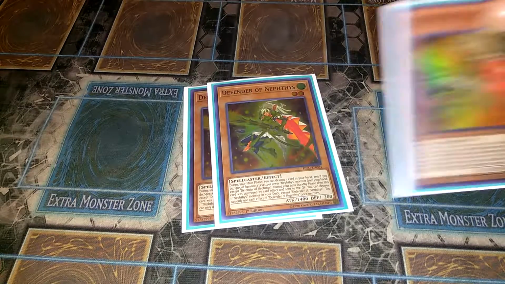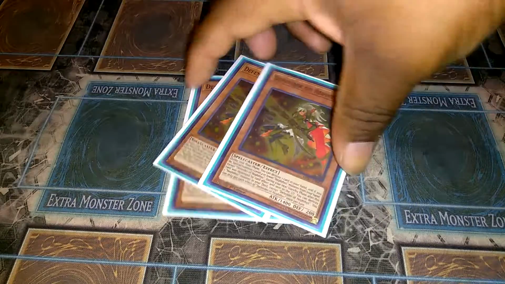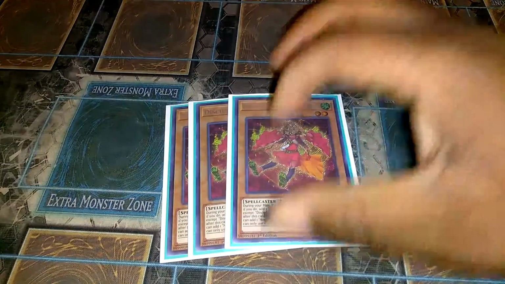So basically, it just force destroys a card in your deck and sends it to the graveyard. Basically, if you want to hit Phoenix of Nephthys, you can pop Phoenix of Nephthys in your deck, throw it in the graveyard. That way, you can special summon Phoenix of Nephthys and pop the back row. Then, last but not least,